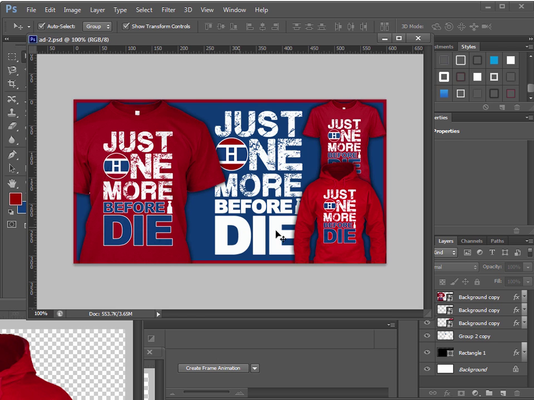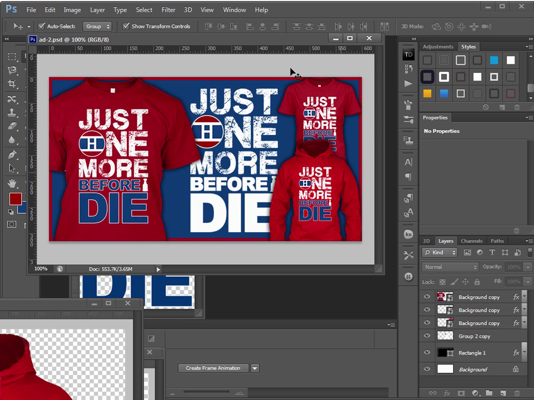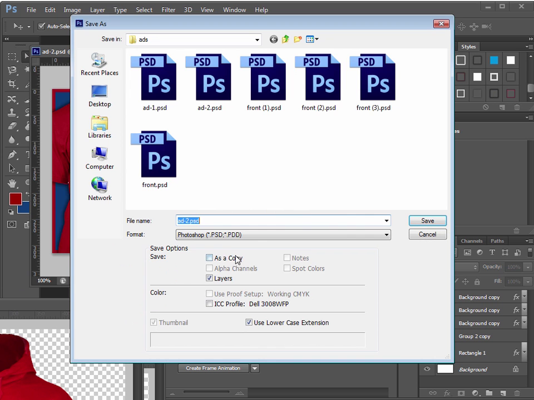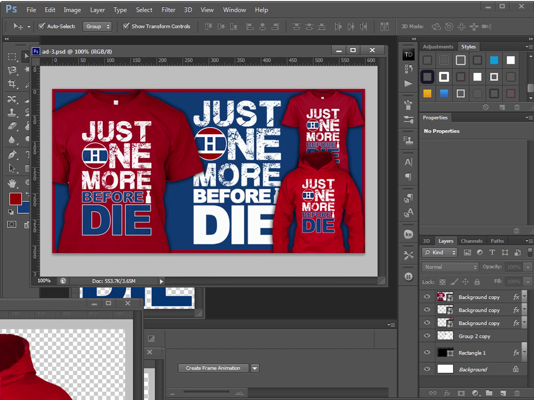Now I like to do designs like ads like this that have just the shirts in them. But I also sometimes like putting someone's face in it, like the team's face or a team shot or something like that. So let's do that. Let's take this and save as ad 3. And let's go over to Google here